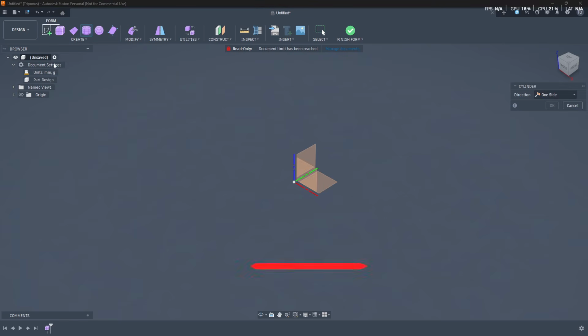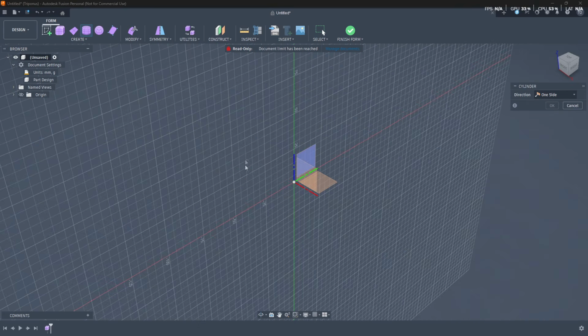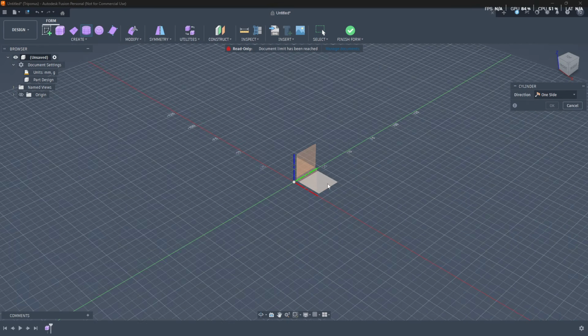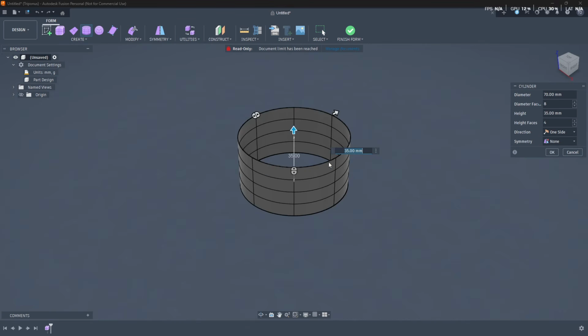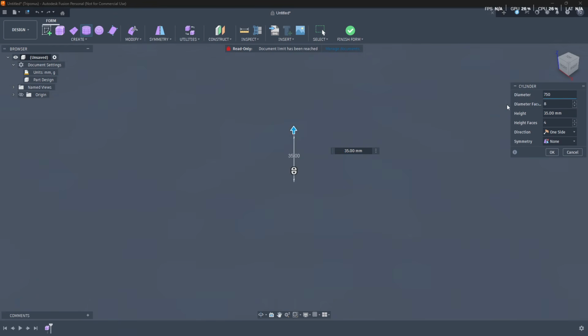So let's start using this tool and let's start creating something very, very basic. We're going to start with a cylinder. If we select this option, we can select a plane, and onto this plane we're going to start from the middle. You create, let's say, a 70mm circle, and it will automatically create a cylinder. And you have a few options on this side. So the first couple of options are obviously the diameter. You can change this to, let's say, 50 if you want,